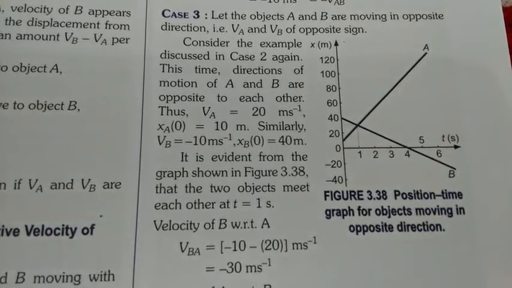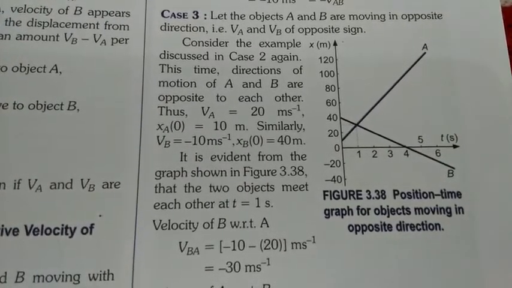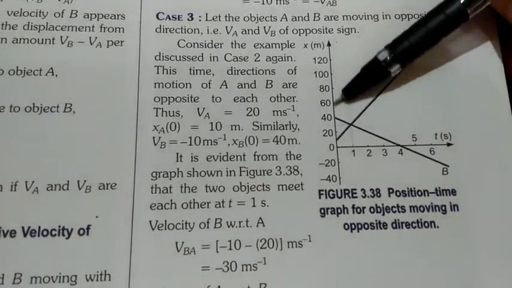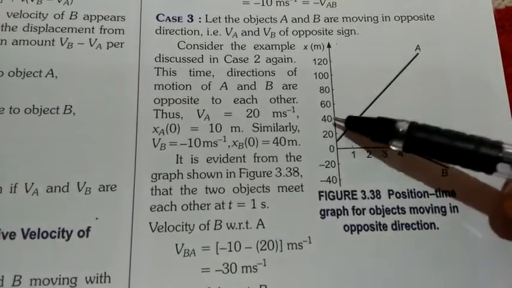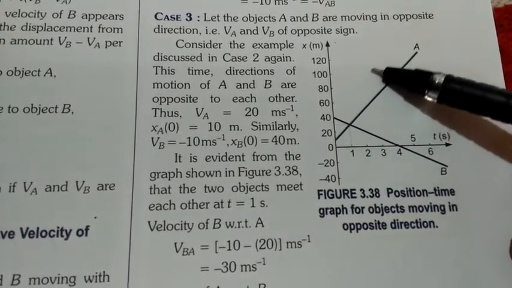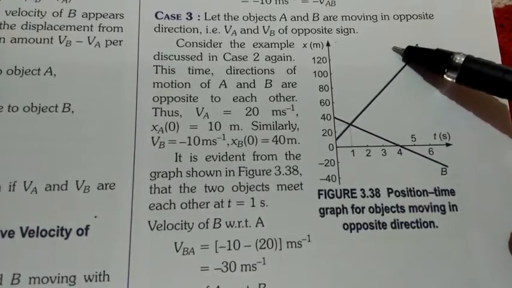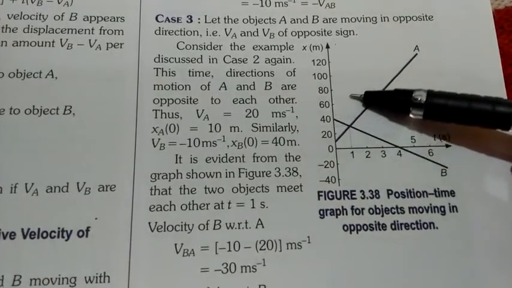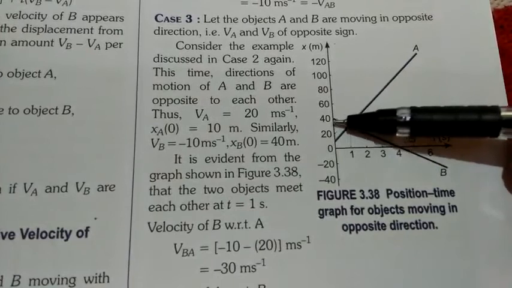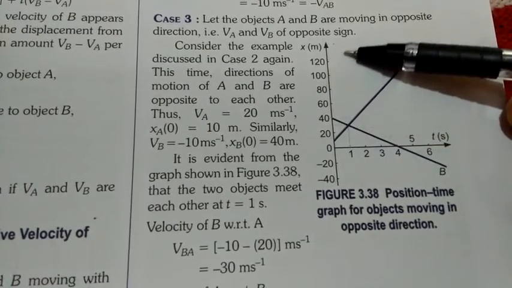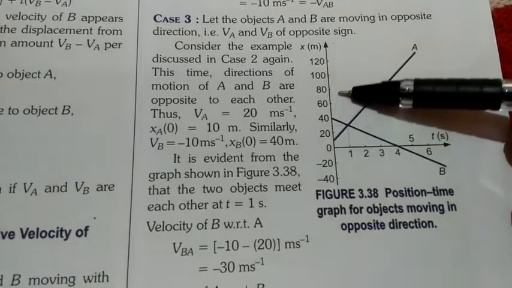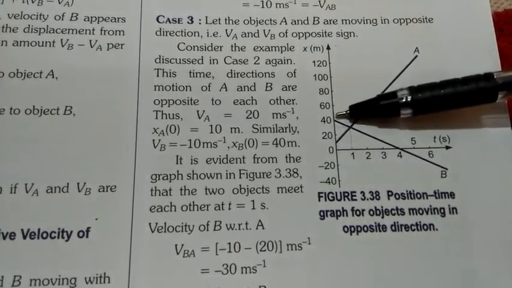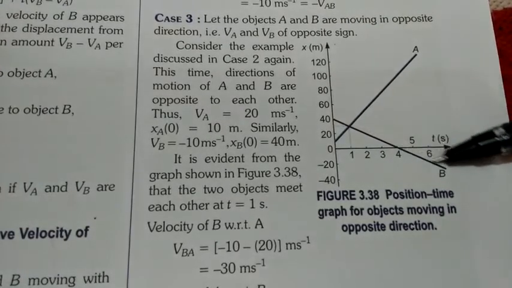If A and B are both moving in the same direction, then B will not cross A, but it will go far away from A. Suppose B goes here like this if it has the same velocity. But when B has more velocity than A, it will not follow the parallel path, but it will rapidly go away from A like this. You can imagine a path here. This is the case when they both are moving in the same direction. But when they are moving in opposite directions, B will cross A like this.